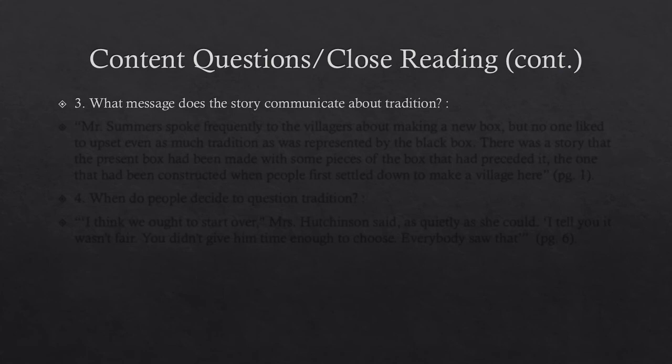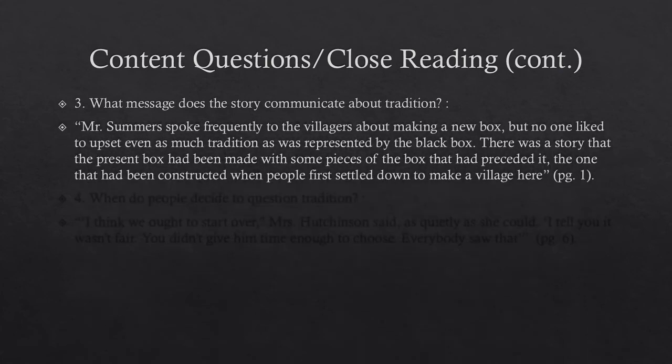Here's an important quote. "Mr. Summers spoke frequently to the villagers about making a new box, but no one liked to upset even as much tradition as was represented by the black box. There was a story that the present box had been made with some pieces of the box that had preceded it, the one that had been constructed when people first settled down to make a village here." So this shows how long the tradition has been going on and how no one wants to mess with this tradition at all. They don't even want to replace the black box with a newer black box